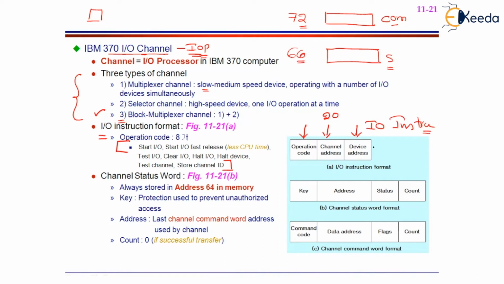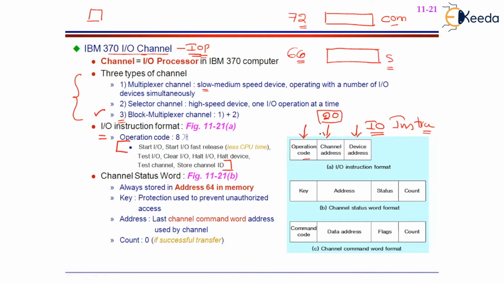The IO instruction format is again of 3 types. Once again, opcode. The opcode field can be any of these 8 possible opcodes used by this IO channel, followed by the channel address. As you know, each and every channel will be given an address. The processor is going to identify the corresponding channel from which the transfer has to be initiated. We also should find out the device address, because each and every device also will be given an address. So to that device, the transfer will be initiated from this channel.